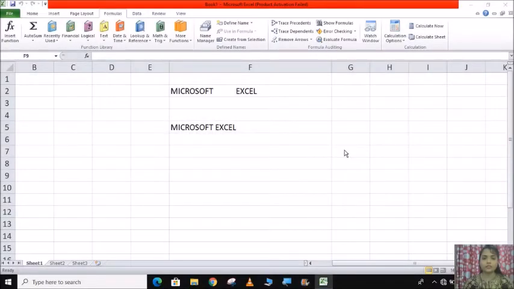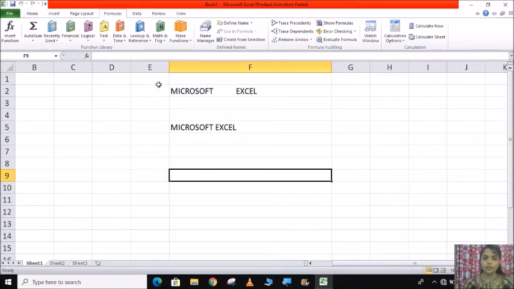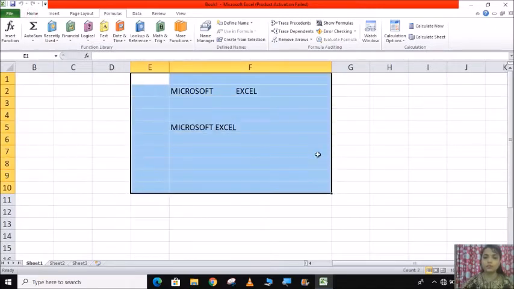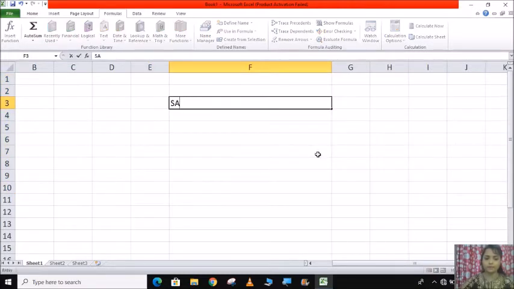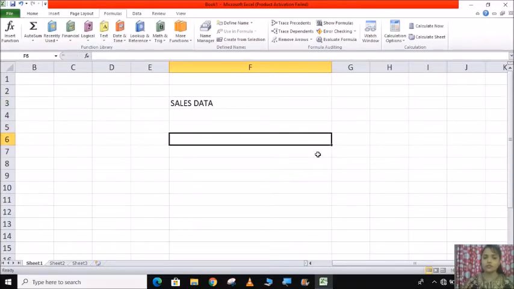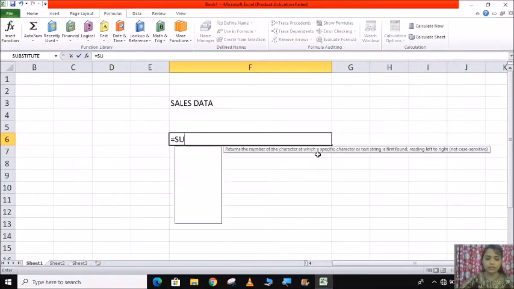Now the next is the substitute function. Substitute function is used to replace existing text with new text. For example, if I want to change this sales data and I want to write cost data instead of sales data, then I will use the substitute function. For this, equal sign and then the function name